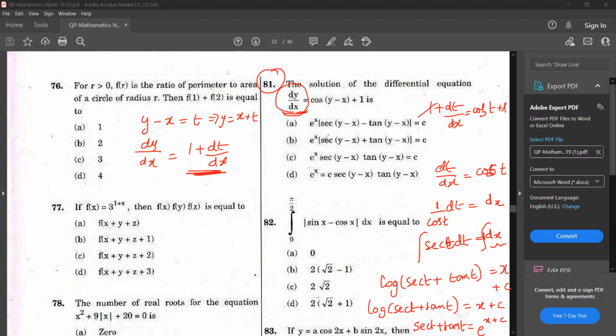Okay, so when I saw this question, what I did is I put t here. Then I found dt by dx from dy by dx, then compared both the equations. Then I integrated and I got this much. Okay, the remaining portion I'm writing here. Now I went through the options. Every option has e raised to x. So I now have sec t plus tan t is equal to e raised to x into e raised to c. Isn't it? E raised to x plus c, I can write as e raised to x into e raised to c.